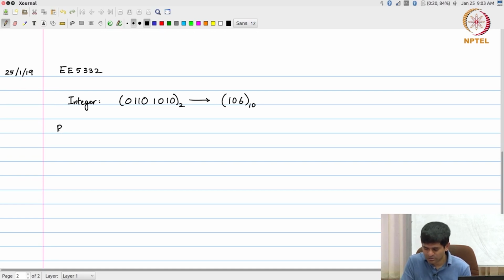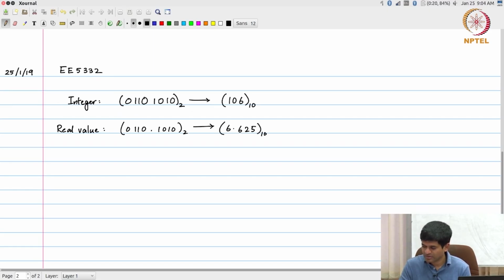A real value would essentially involve introducing a decimal point or a binary point somewhere in this number, right? I'm going to use the term decimal point, binary point, or just point interchangeably. It should be clear from the context that all I mean is the position of the dot that separates the integer part from the fractional part, right? So for example, if I wrote it like this, this would essentially correspond to